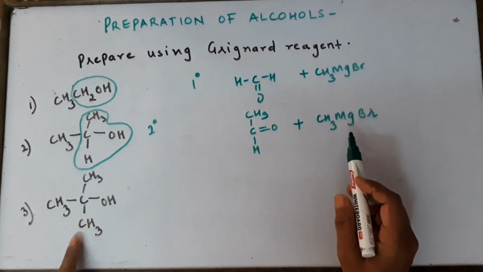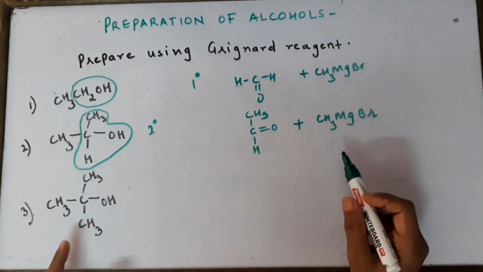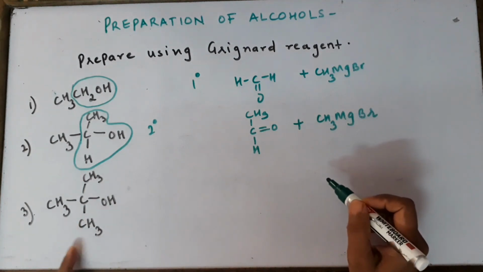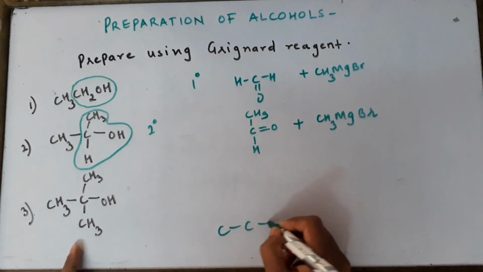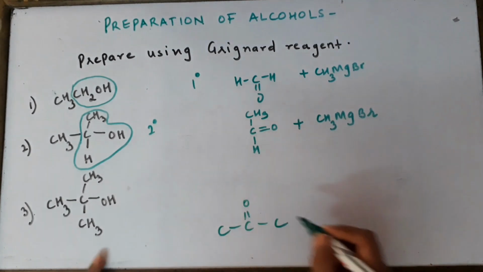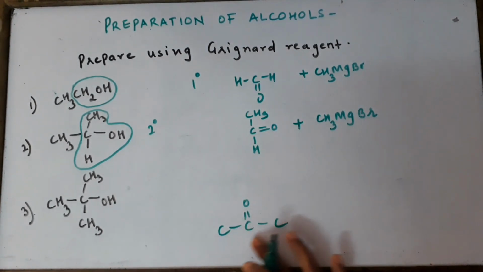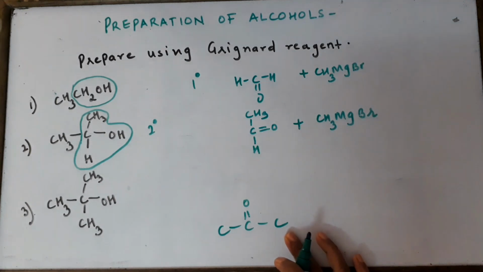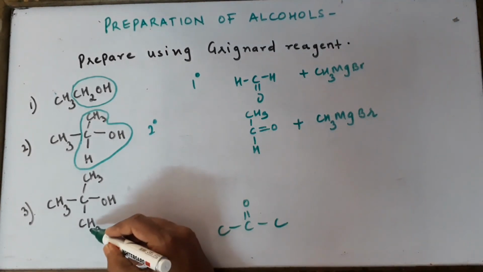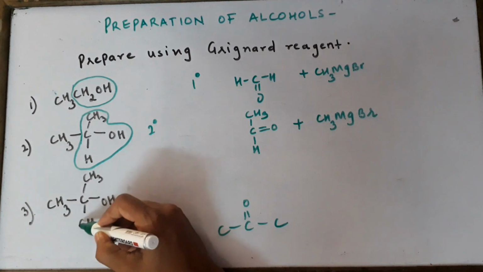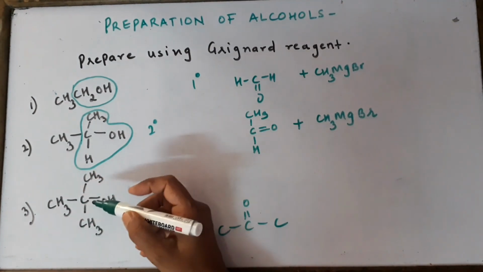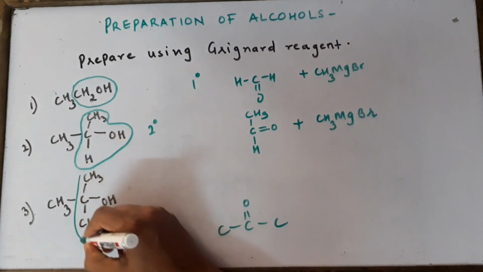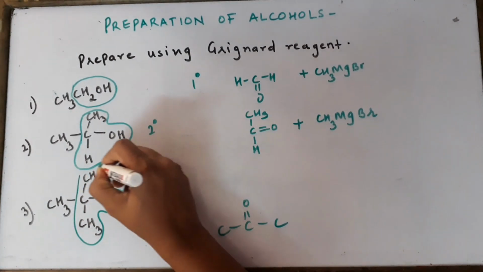This is tertiary butyl alcohol, and a tertiary alcohol is prepared from ketones. What are ketones? How do they look? We all know ketones have a skeleton of this type. So they have essentially 3 carbon atoms in a line like this. So we will try to find out where my hidden ketone is over here. 1, 2, 3. You can see 1, 2, 3 or 1, 2, 3, however you take it. We'll take it like this. So 1, 2, 3, and this oxygen also we are going to take.